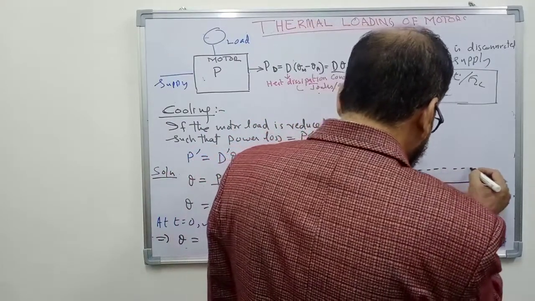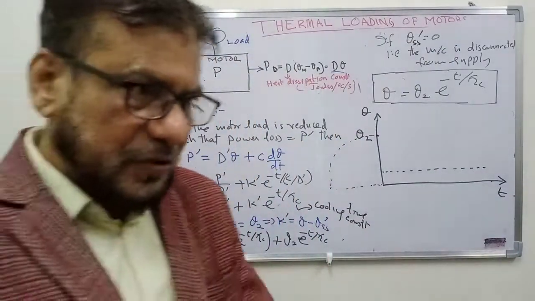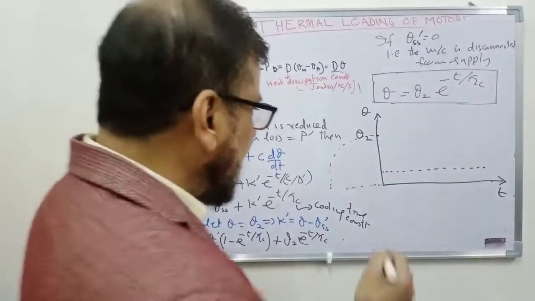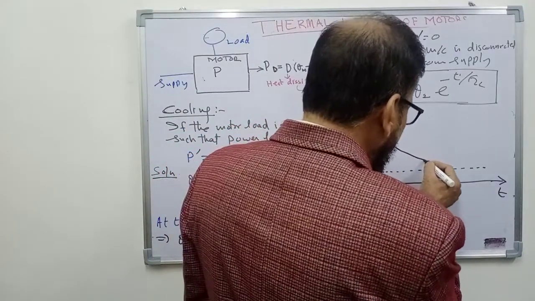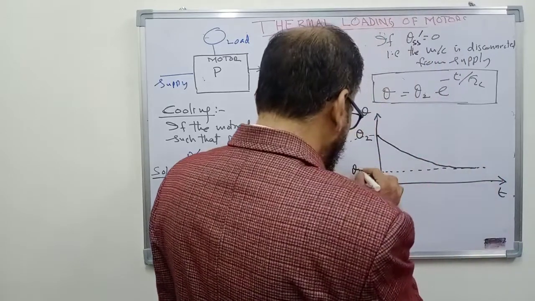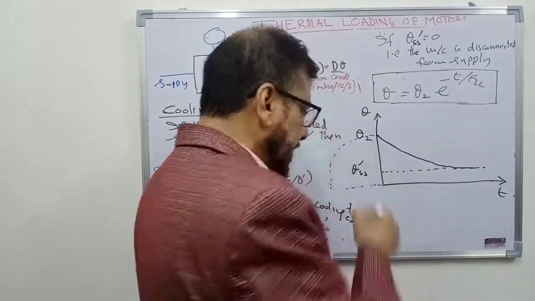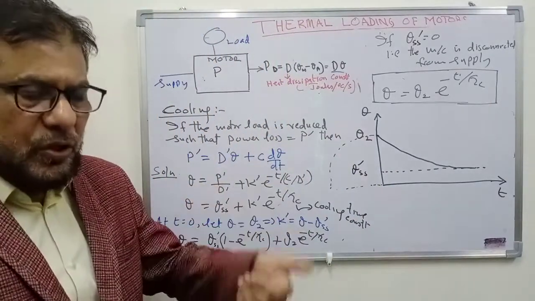Either you have removed the load but the motor is connected to the supply. So in that case, the motor will cool down and it will reach the new value of steady state temperature rise, theta SS dash, that is proportional to P dash, that is losses taking place during low load or no